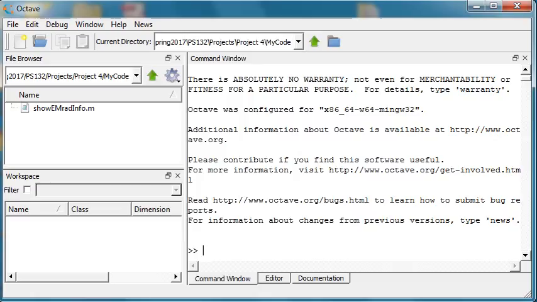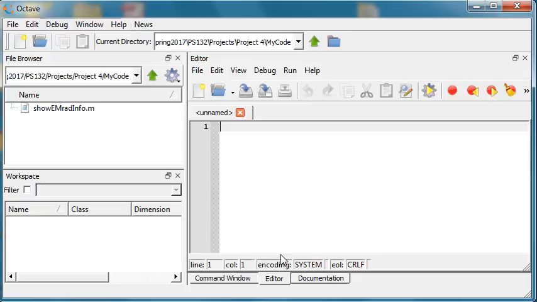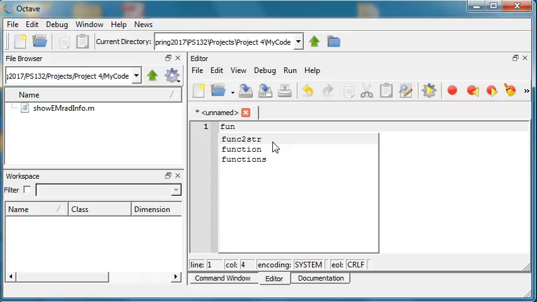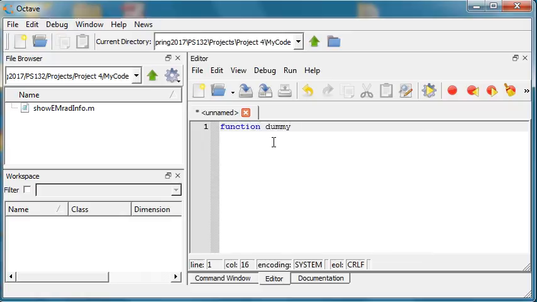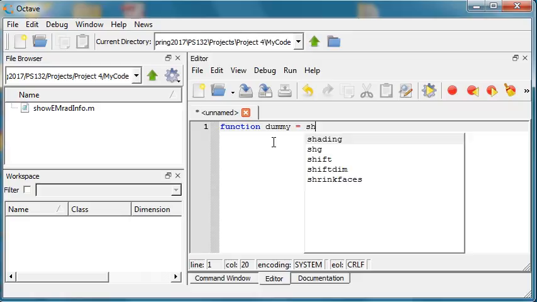This is project 4 video number 2, the one in which I program it up. I already started with the main subroutine, the main function. I'm going to work on the subfunction. We said it calls nothing, so I'll tell the reader it returns nothing by calling the return variable dummy. And I said this is going to be ShowInfo,